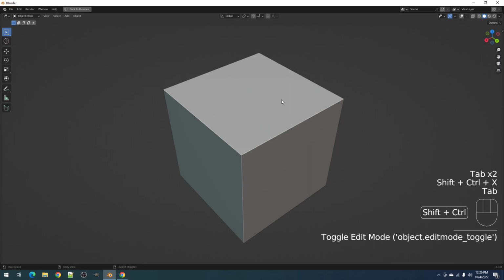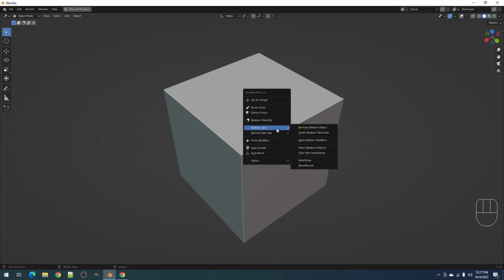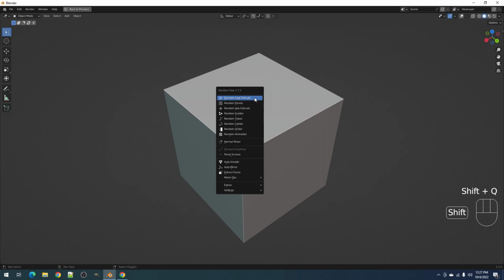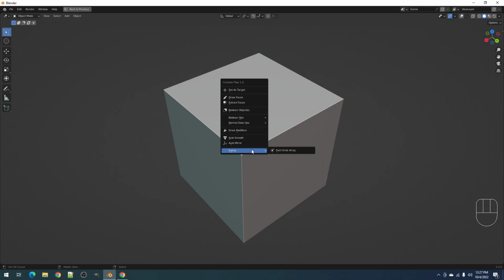So this is in edit mode and this is in object mode. And some functionalities from the previous add-ons will be removed or reduced if they're not too useful in the current meta of things. And all of the ported functionalities will be, of course, updated and optimized. So instead of using pie menus, I've now used this kind of menu, much like Random Flow. So everything is categorized